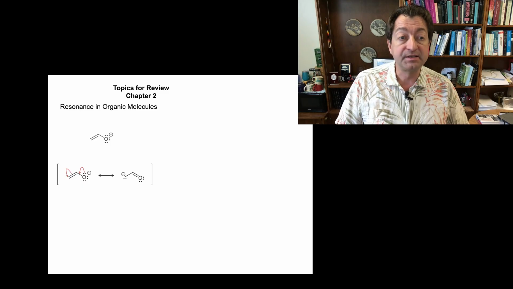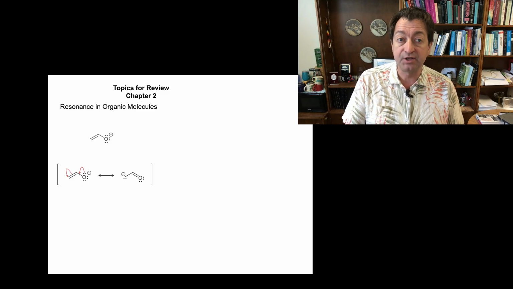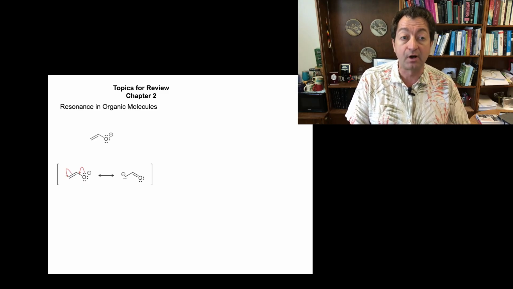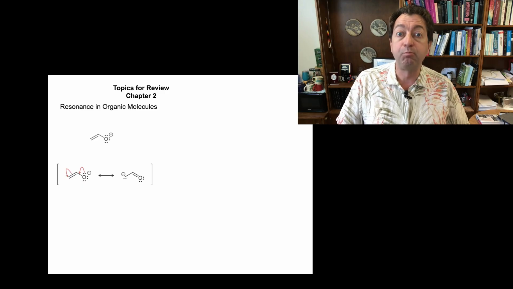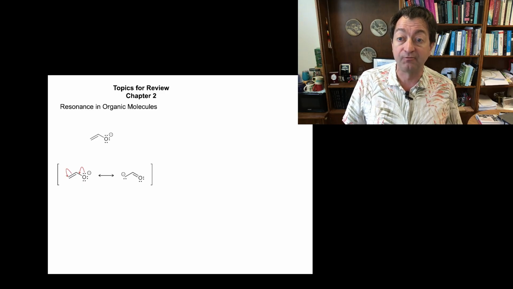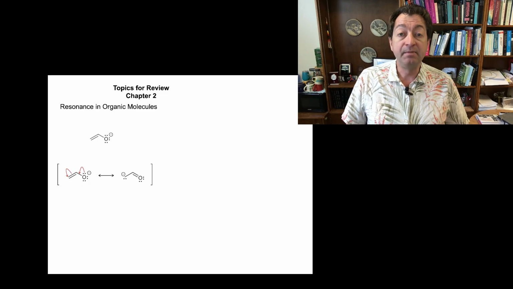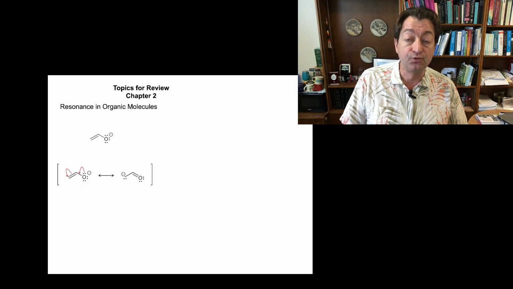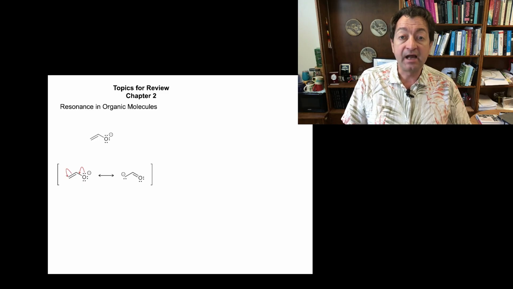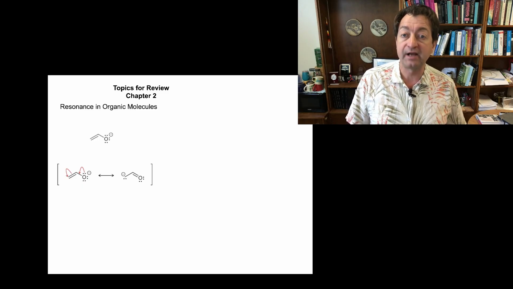Even from general chemistry at this stage, we can look at these molecules and recognize that one of these two resonance structures is probably a more important contributor to our picture of what this molecule looks like,